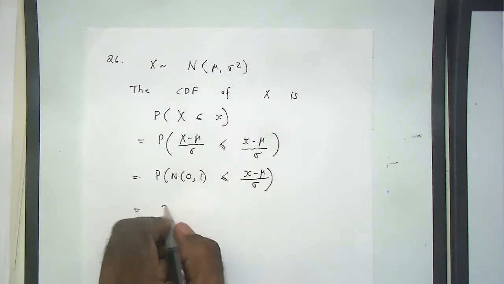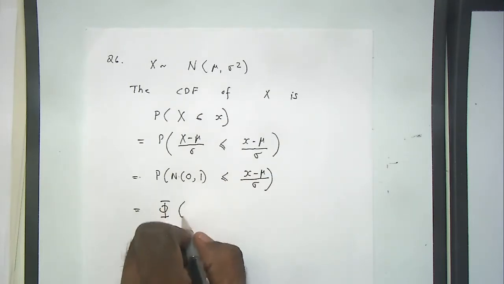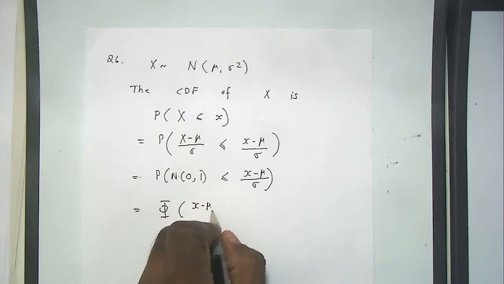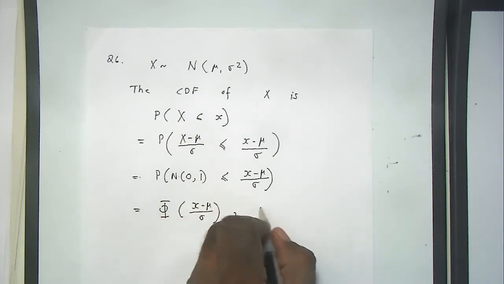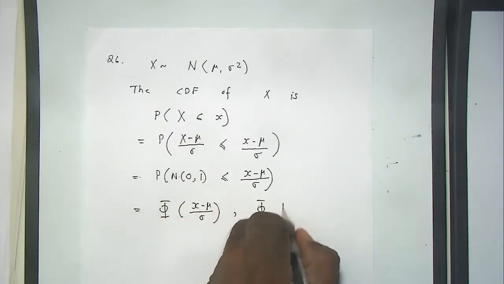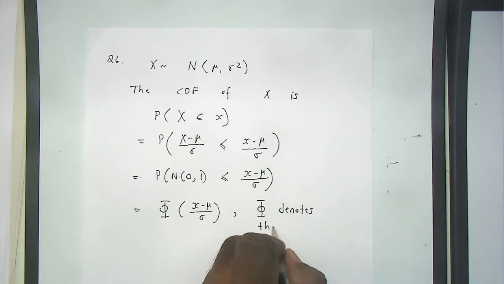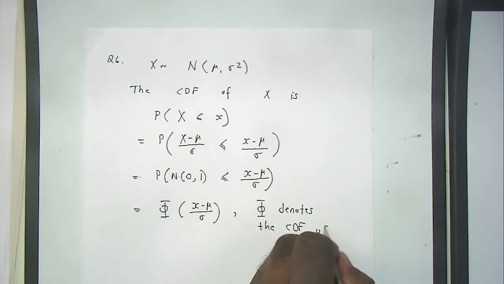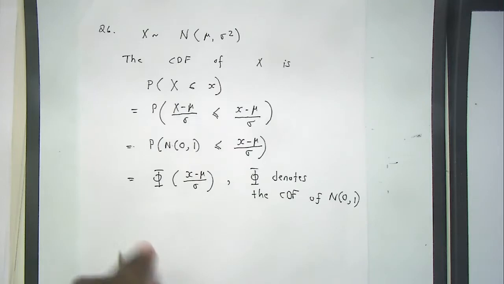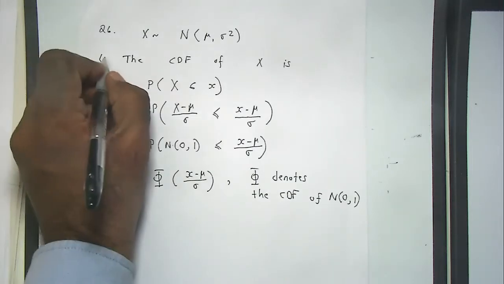So this is equal to phi. Right here, phi denotes the CDF. So that's how you do part 1. Part 2, so this is part 1 guys. Okay, part 2